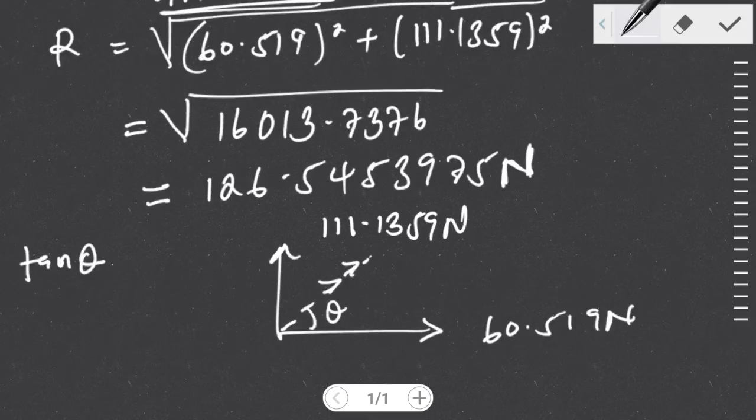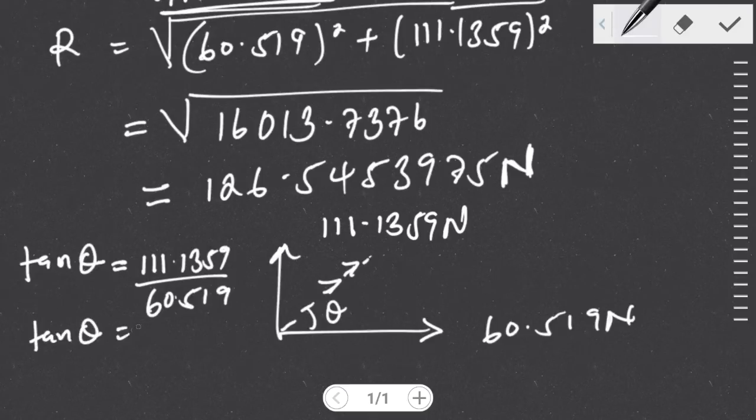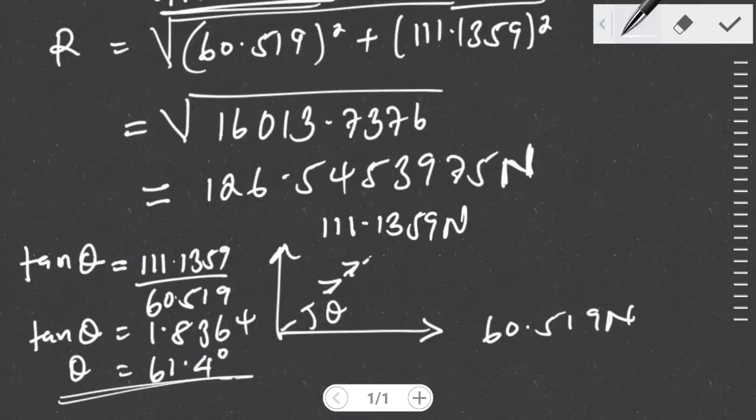theta would be equal to the y, which is 111.1359 divided by 60.519, of which tan theta in this case would be 1.8364, of which theta would be equal to 61.4 degrees, and therefore the direction of this resultant force would be 61.4 degrees